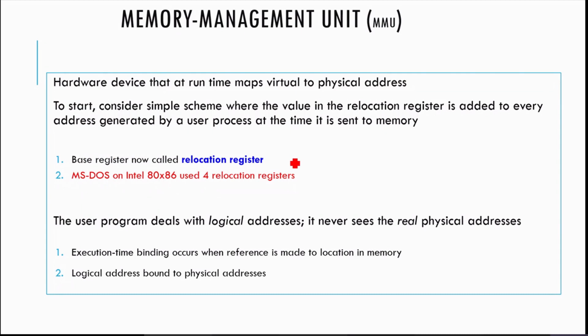Because the next time a program comes for execution, it has to assign the space for it. We take this register as a relocation register, because we are going to relocate the program to another place based on the availability of addresses. So this is the memory management unit playing its role.